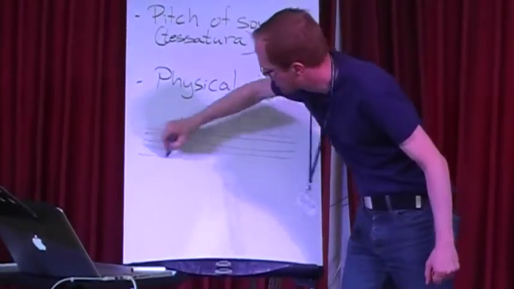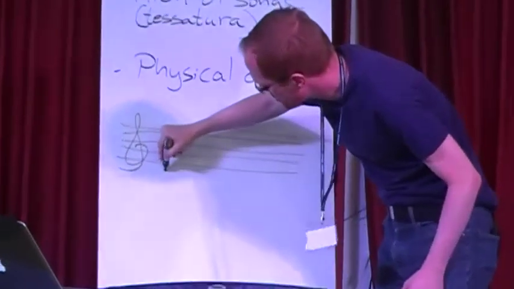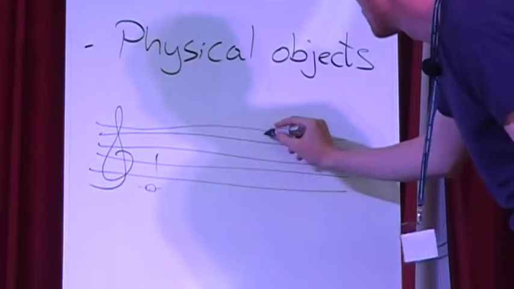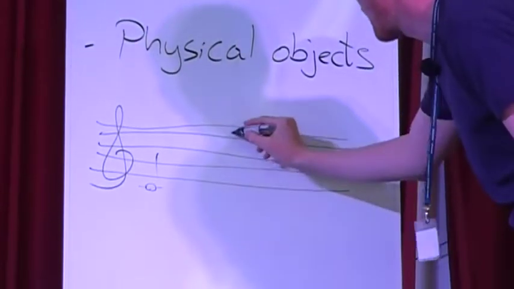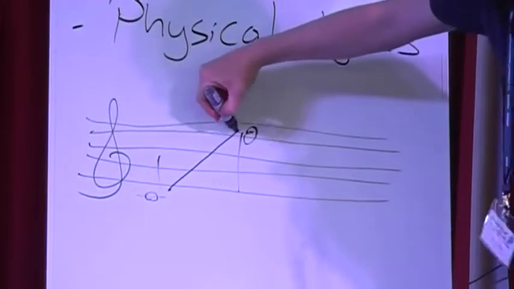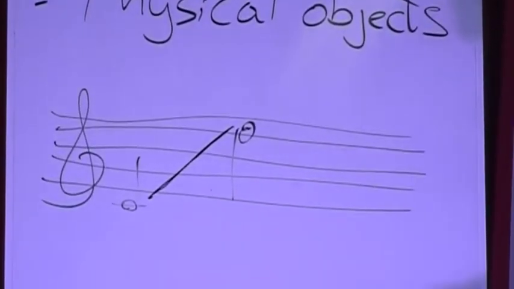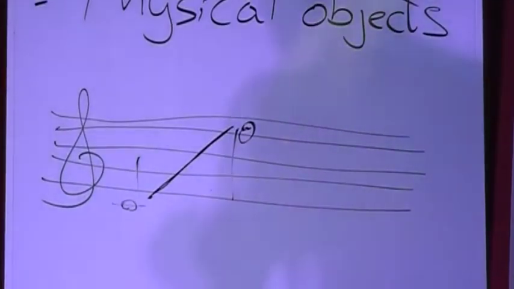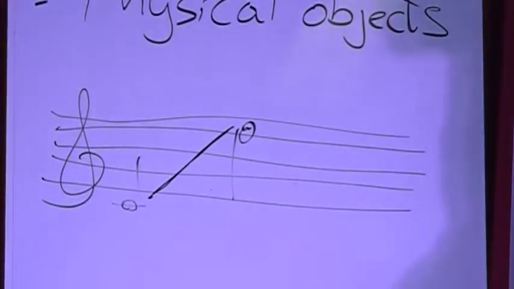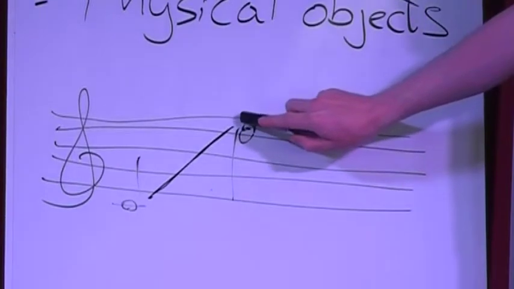If this is our clef, and we have the song, it starts down here on a C, and the highest note goes up, maybe it goes around, and the high note is up here, right? So this would be the tessitura of the song. And in my experience, for a song to be sung by untrained singers, you should never do a song that goes higher than this D here. This should be the highest note.